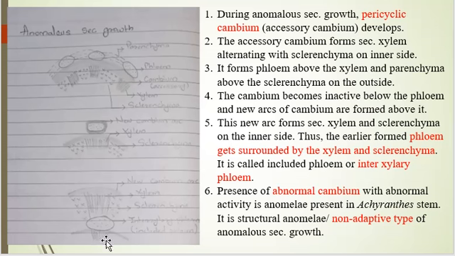Then what has happened, there is the new cambium arc, this xylem is surrounded by sclerenchyma and there is the